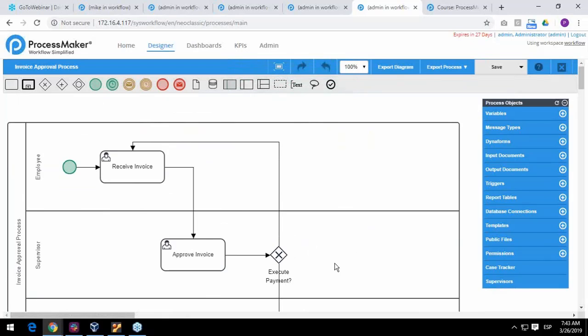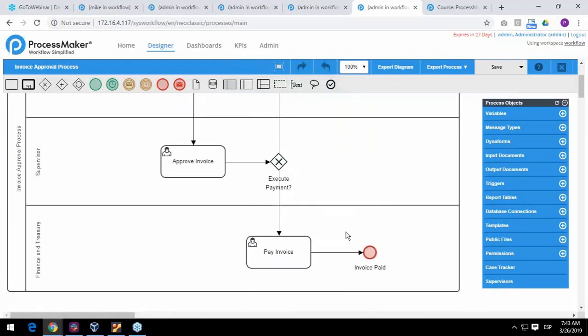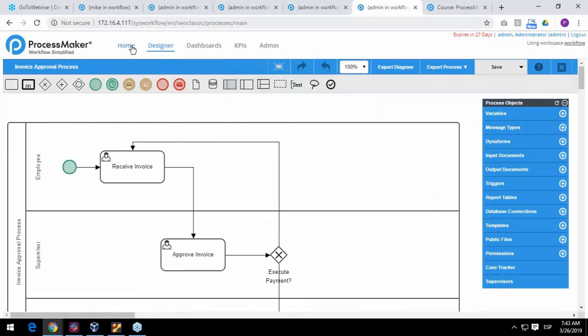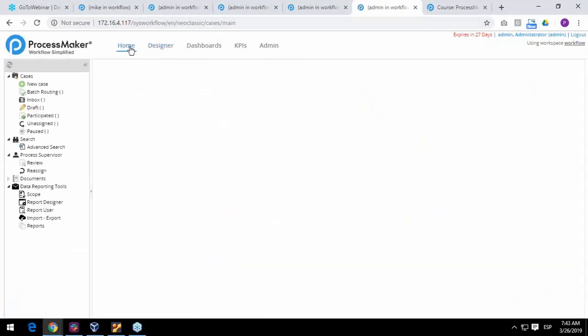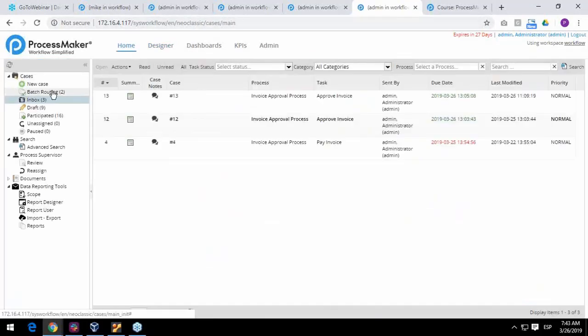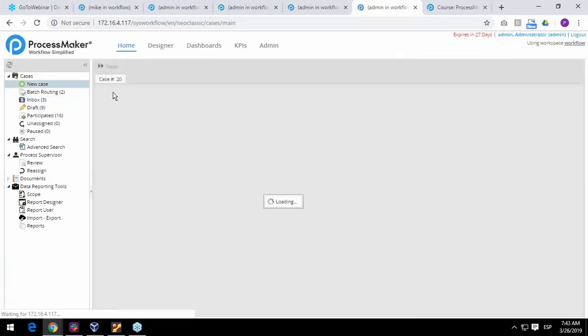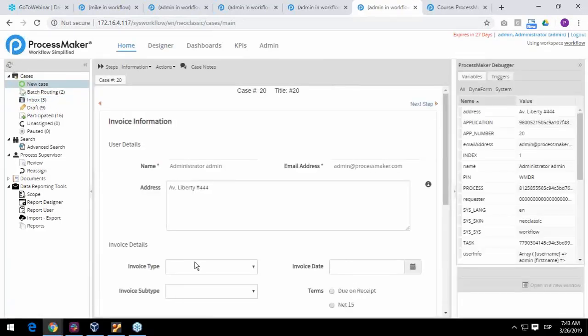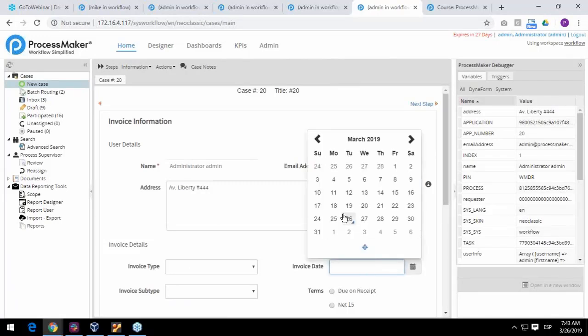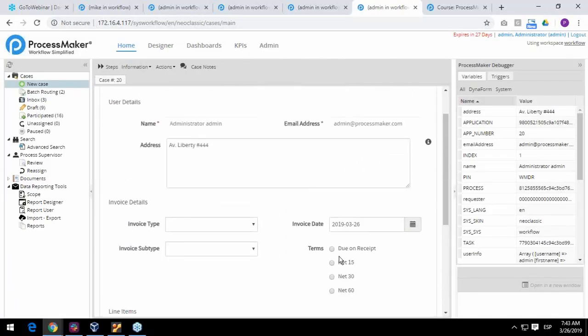Okay, and well, by using that, I'm going to run cases. Since I have activated the batch routing, you are going to see in this folder two cases that are going to be compiled. So I'm going to run cases, for instance, this. I'm going to enter this date,